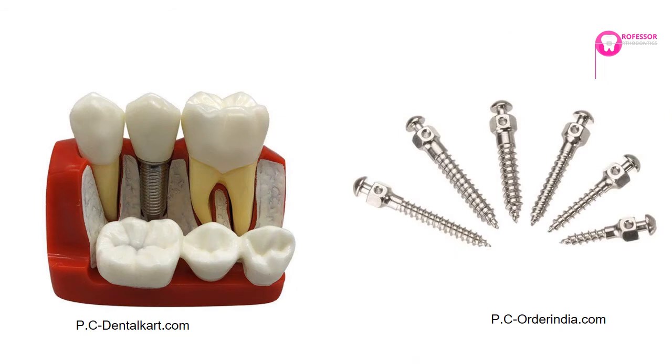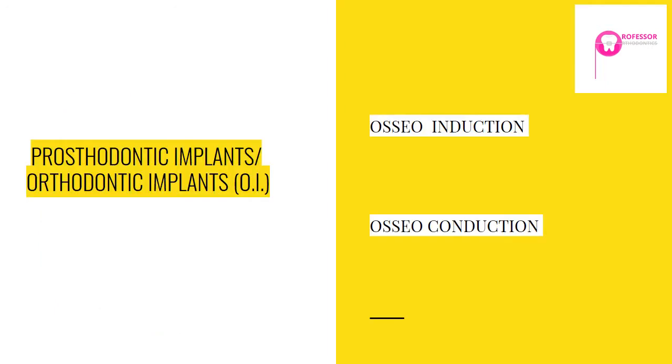Like last time, we have to remember that orthodontic implants are very different from prosthodontic implants, and in this picture you can clearly see that the orthodontic implants are finer and more delicate. The prosthodontic implants are bulkier, and this is done so that they resemble the natural root of teeth, because that's the main purpose of prosthodontic implants, to replace natural teeth. So that's the reason why the roots are bulkier and usually cylindrical in shape.